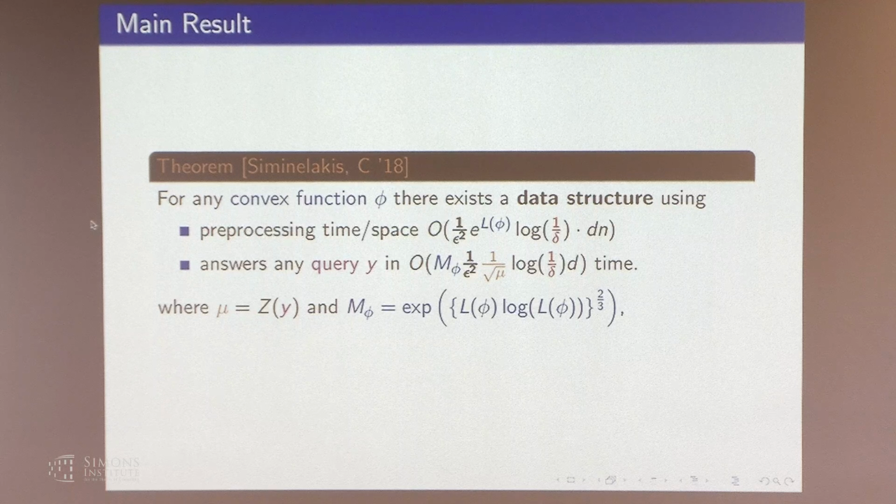Okay? The reason I want to talk about this is mostly to highlight the techniques. I think the techniques are more interesting than the precise result itself. It just says that these hashing-based ideas can be applied more generally to a more general class of functions. It's not clear that this kind of dependence is necessarily the best possible, but it's the techniques that I want to highlight more than this. I should say one more thing, which is